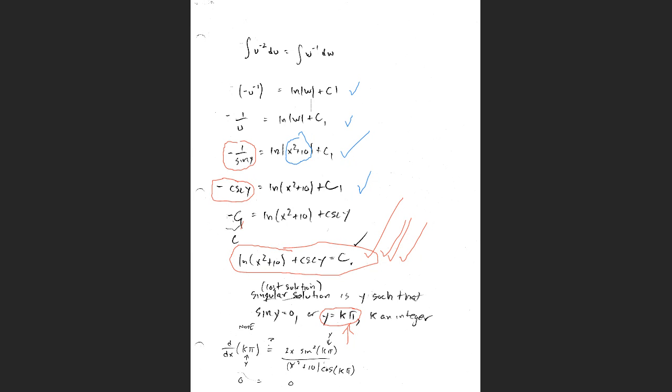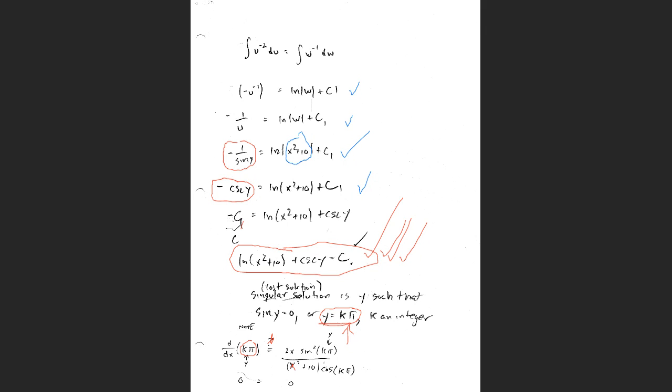Of course, we couldn't allow sine of y to equal 0. But it turns out that if you let y equals k times pi, it is a solution to the differential equation. Because if you take the derivative of k times pi,